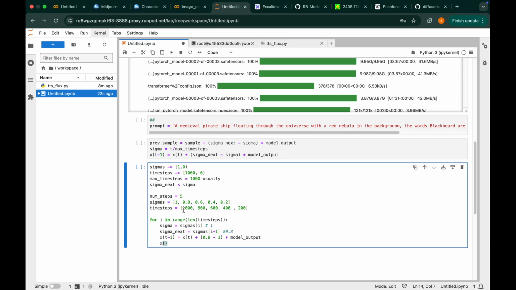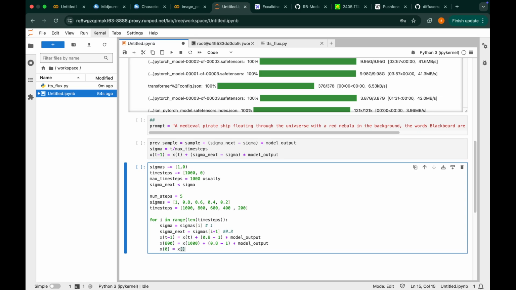Rather than x of t minus 1, it should be predicting time step 800 equals x 1000, your original sample at the current time step, plus (0.8 minus 1) into model output. That means I can predict x0